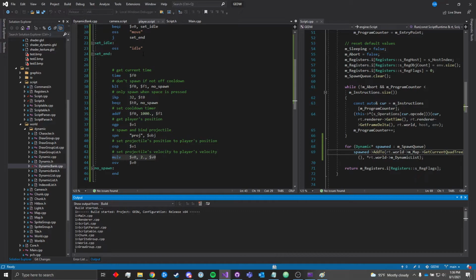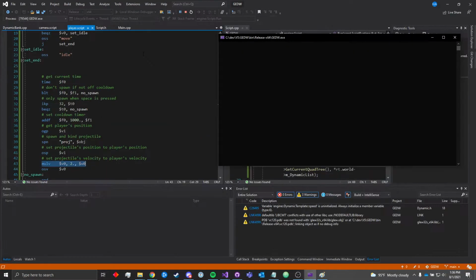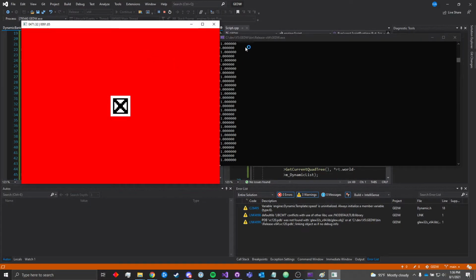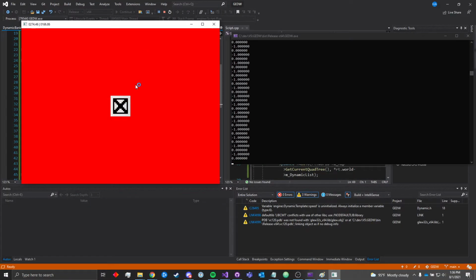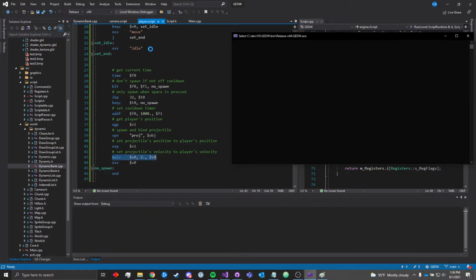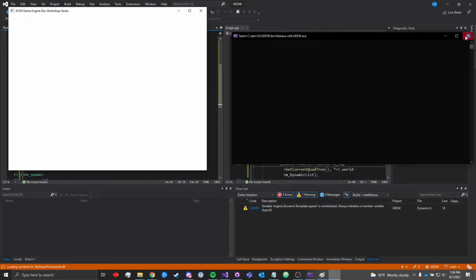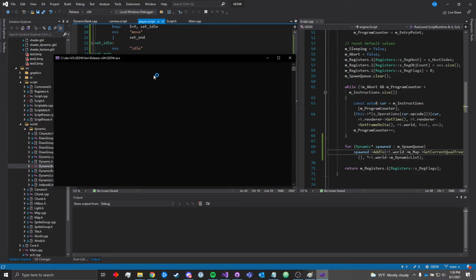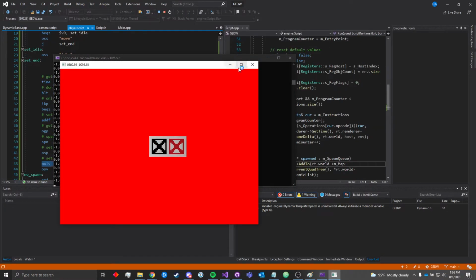My suspicion is that the parser, for some reason, is not getting this value. Oh, that's okay. So -1 is from the camera. But then if I run this and I press space,